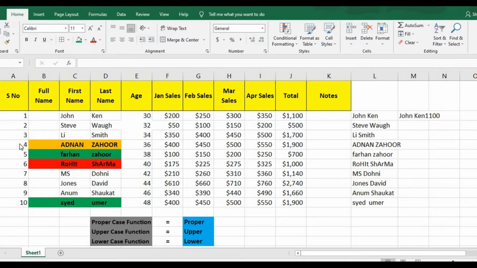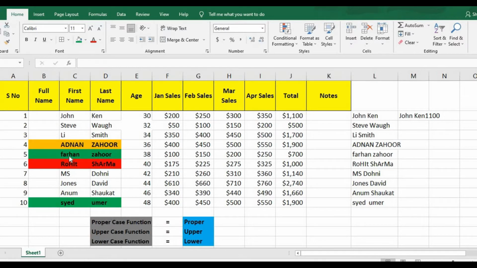If you can see on serial number 4, Adnan Zahoor has been written in capital letters. So I will convert it using the proper function. It means that A in Adnan is capital and Z in Zahoor is capital, and the rest of the alphabets will be small. The next one is Farhan Zahoor.